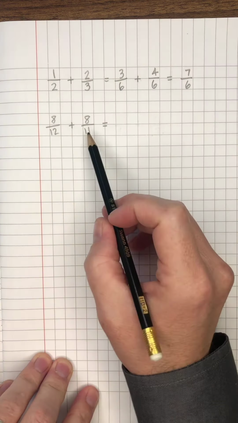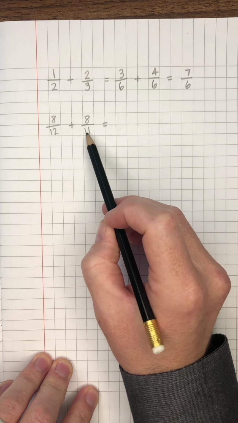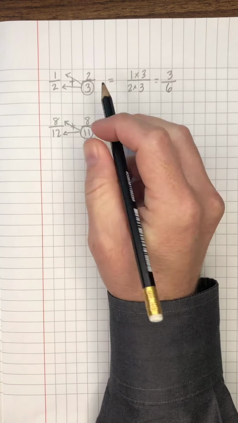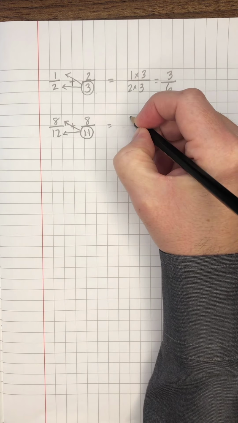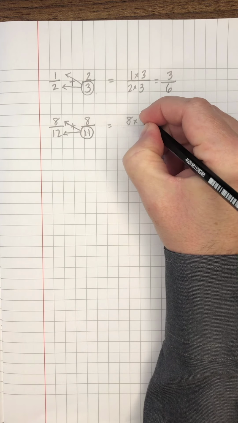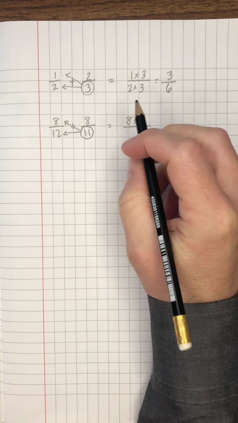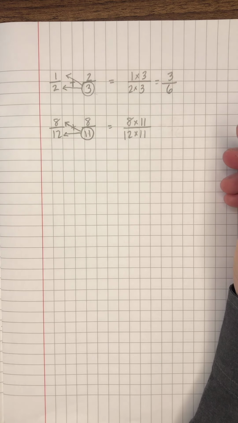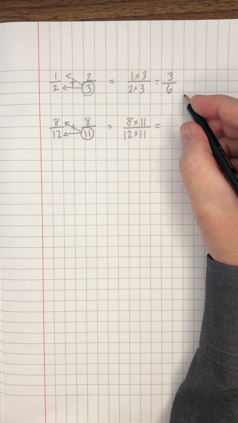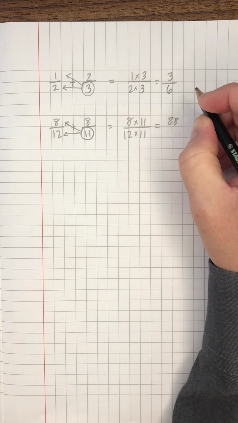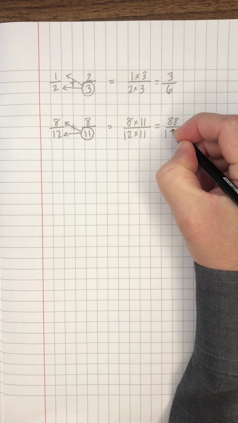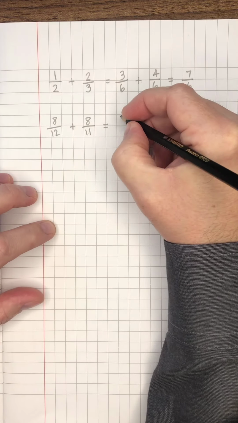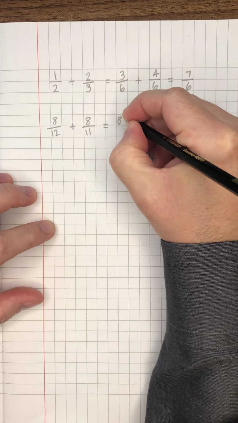So first, we will multiply the numerator and denominator by this denominator. We have 11 times 8 and 11 times 12. So we will put 8 times 11 in the numerator and 12 times 11 in the denominator. When we multiply, we get 88 over 132. So our first fraction is 88